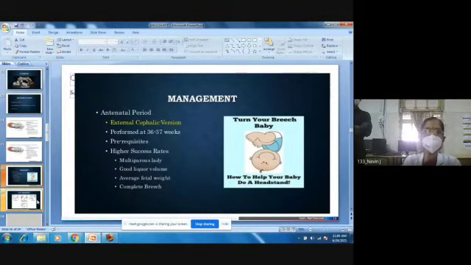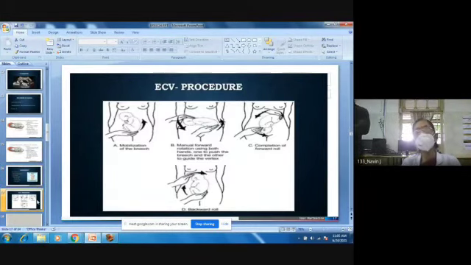You do an external cephalic version, preferably at 37 weeks. It is more successful when you have a complete breech. Extended breech, both the legs will be splinting the baby, so it is difficult to turn the baby around. When you have less liquor, again it is difficult to turn the baby around. Okay, if the baby is too big or too small, again it will be less successful. So external cephalic version can be attempted at 37 weeks. Sometimes the baby can revert back to its breech position.